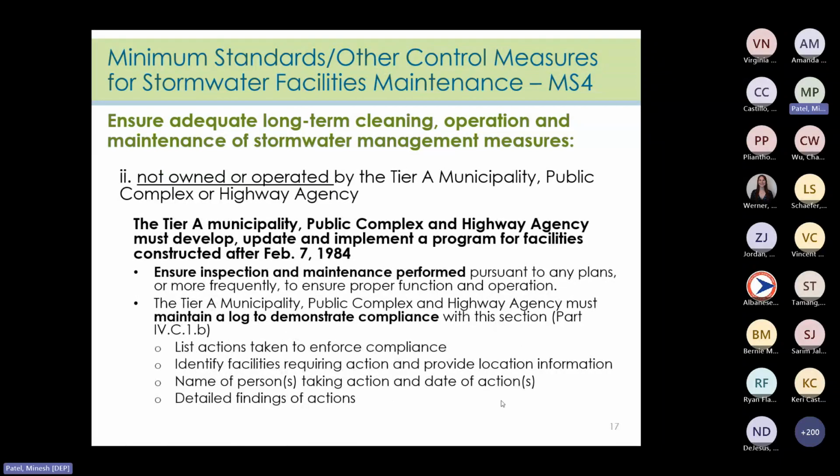The second group consists of those facilities not owned or operated by the municipality. Some examples of this can include a retail complex or even a housing development. The permit requirements are found in Part 4, Section C for facilities not owned or operated by the permittee. This is not a new requirement, and the way it is now written is to clarify what has been required